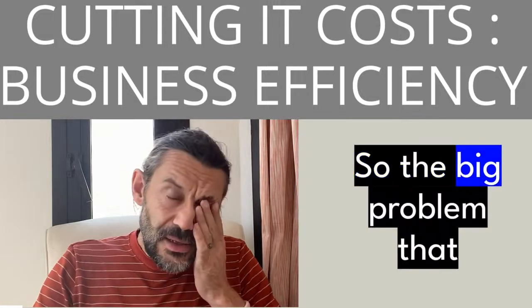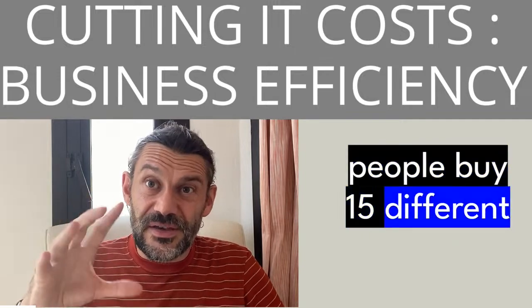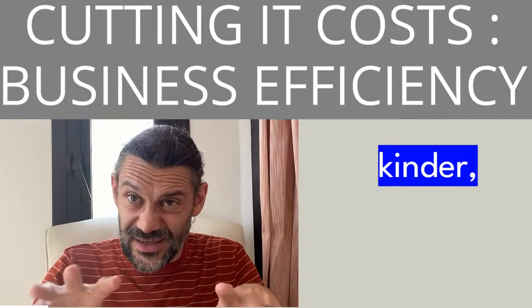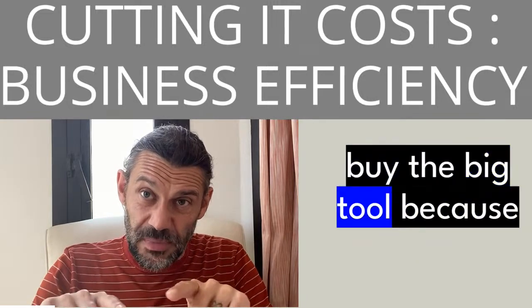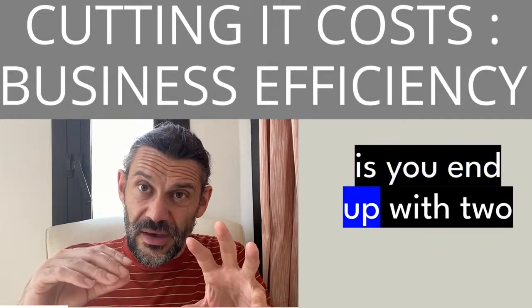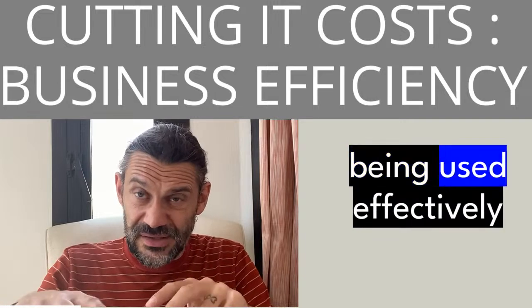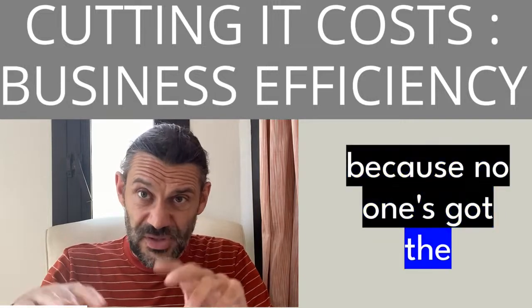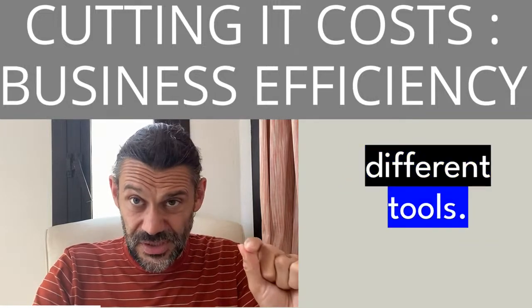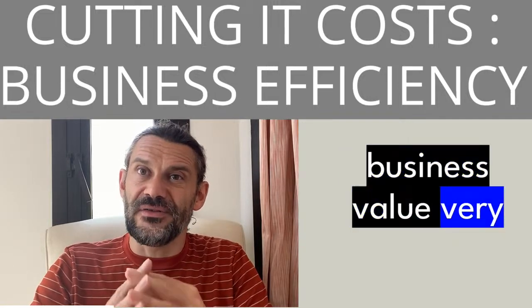Efficiency. So the big problem that we face is that often people buy 15 different tools to bring together, and they sort of all do the stuff that they need, but they don't want to buy the big tool because it's too expensive. And what you end up with is two options: either a tool that isn't being used effectively because no one's got the time to learn how to use it, or you end up with lots of different people that've got lots of different tools. And this is a great opportunity for IT to come in and really add business value very quickly, because you